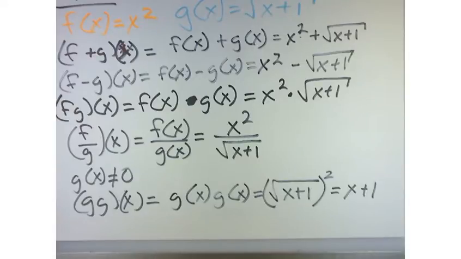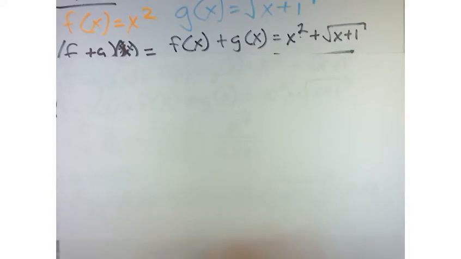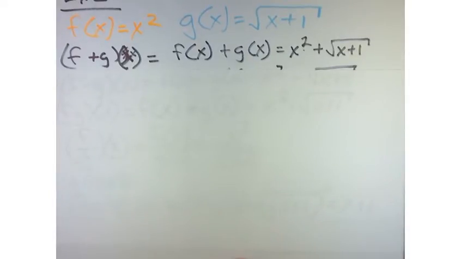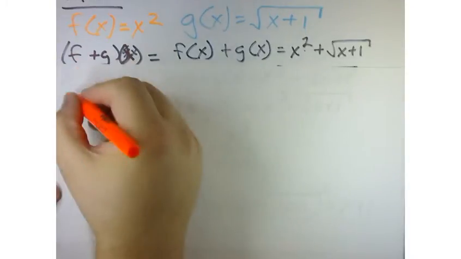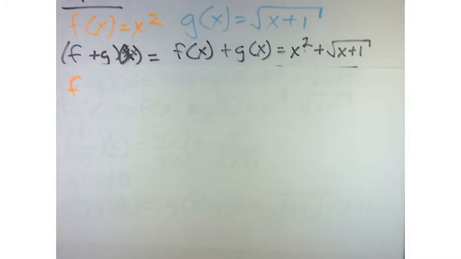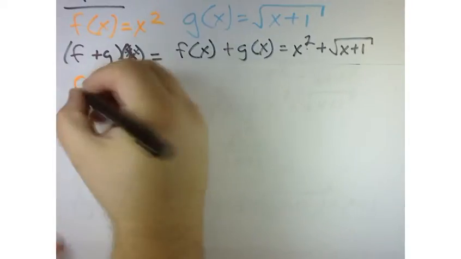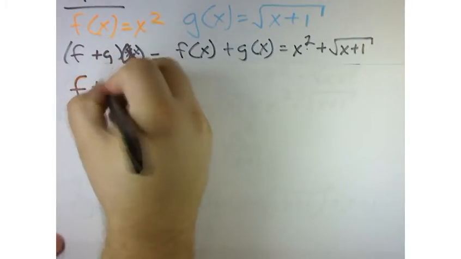So what we want to do is look at the domains of all three of these. All right? So let's look at the domain of the first one. Remember, there are a couple of different domain restrictions. One in particular is that we can't take the square root of a negative number. Here we have a square root. So when we talk about the domain of this, if we look at f plus g of x,